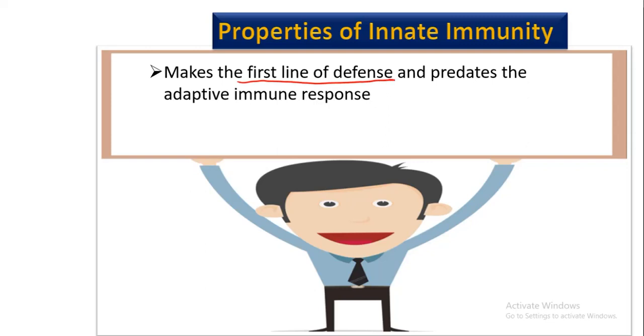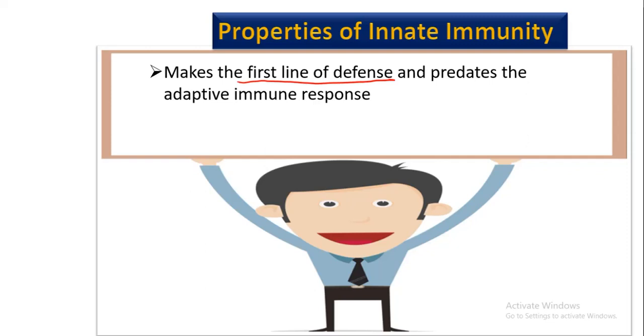Before a bacteria enters your body, the skin will form the barrier. Before a bacteria causes any harm in the stomach, it will surely be exposed to the hydrochloric acid, which is forming the first line of defense. Before any bacteria affects the respiratory tract, it's going to be exposed to the mucus, which is also forming the first line of defense. So that's all about it.